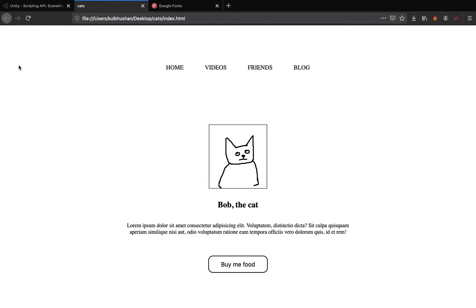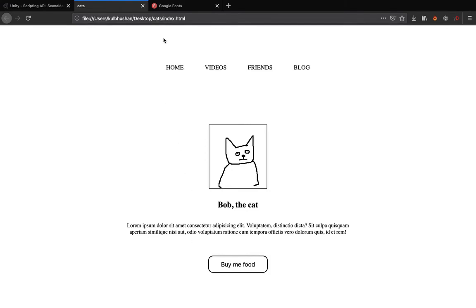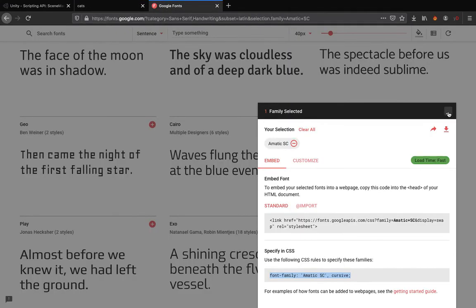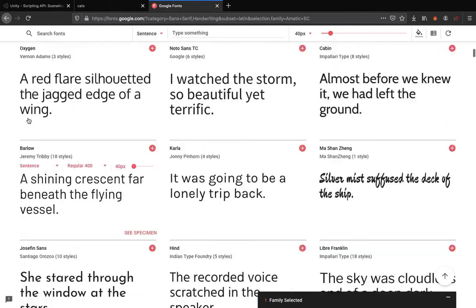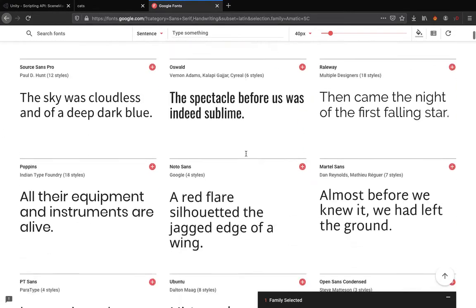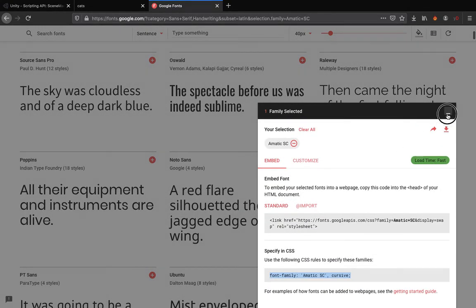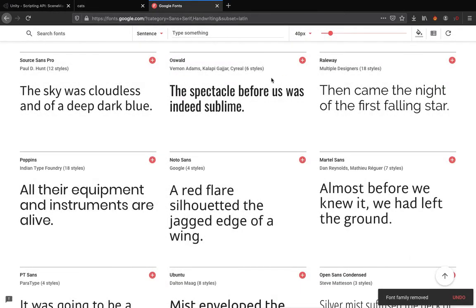Now you have a navigation bar, and let's use a different font. I'm going to use Google Fonts. Just go to fonts.google.com and search for a font of your choice. I selected a font. No, I will not use that. Let's come out of it. How do I get out? I think that's gone. Okay, now